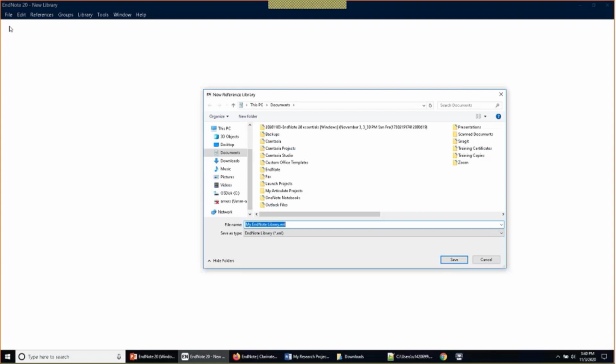Specifically, it would be network drives and local sync folders. If you save a library that you're actively developing to a network drive, that can increase your risk of encountering library corruption, and it can also cause general performance issues in the EndNote application, where a function that might typically take a split second to complete might take 10 seconds, I've seen, to complete if there's network latency issues, a slowness over the network. So again, if you're in the process of actively developing a library, make sure to save